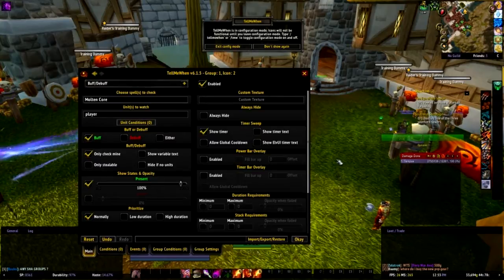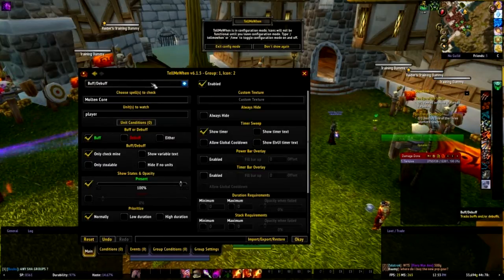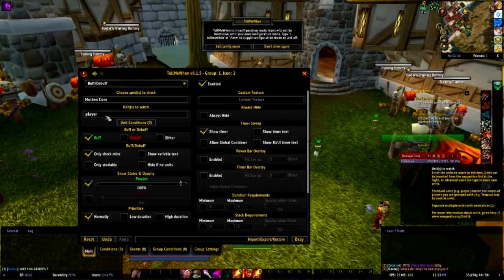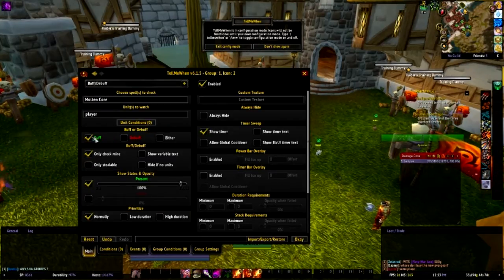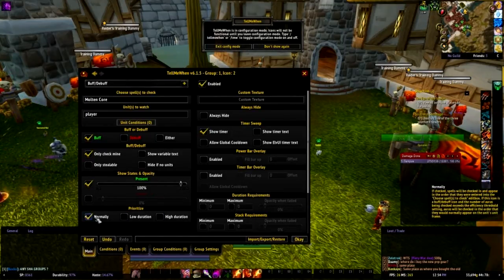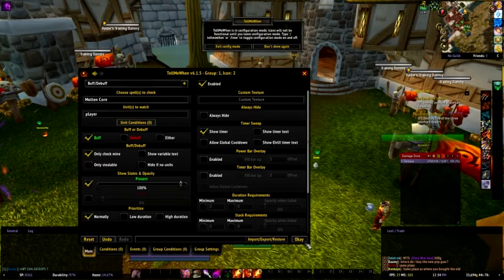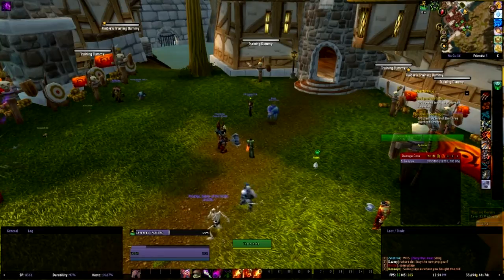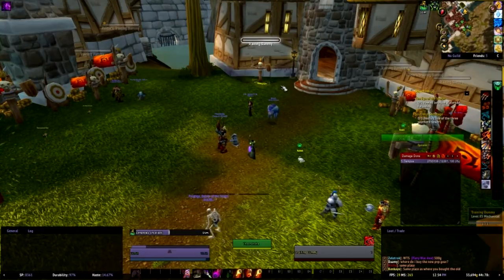So just going through it again quickly. Enabled, buff/debuff, choose spells to check, Molten Core, units to watch, player, buff or debuff, buff, only check mine, present 100%, prioritize normally, show timer. Right, and let's just click OK, and let's exit configuration mode, and let's try and get this wonderful thing to